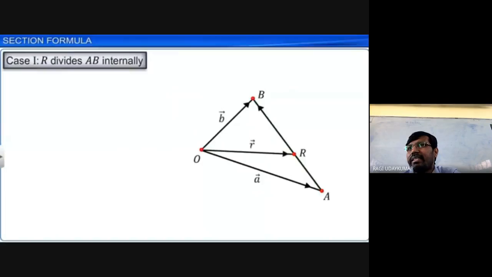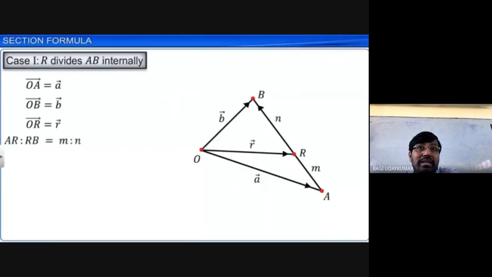Let us consider the vectors OA bar, OB bar, and OR bar. We can find R bar if R divides the line segment AB in the ratio M is to N, that is, AR to RB is equal to M is to N. Then in the triangle OAR,